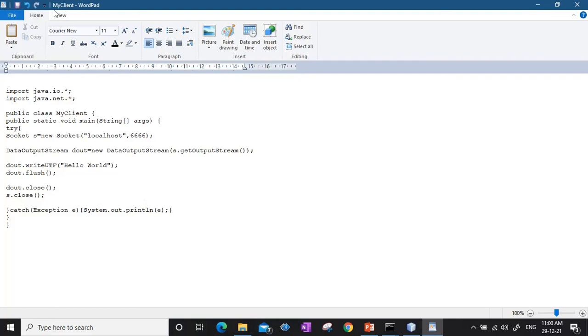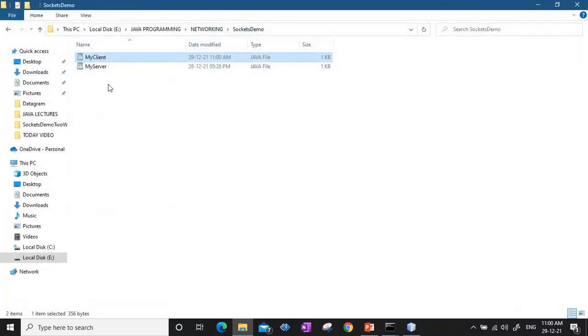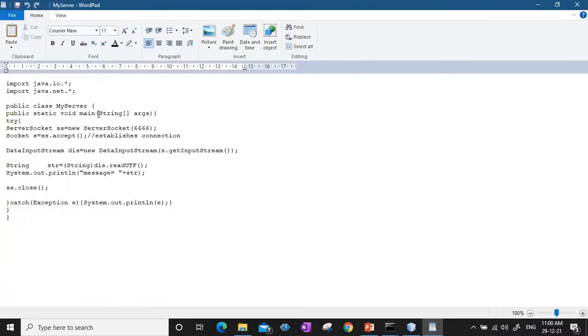The program name is myclient.java. And myserver is the second Java program that I have written, which accepts the connection, and after that it simply reads using readUTF. It will read the message sent by the client, which is the hello world message, stores it in str, prints the string str, and then closes the connection.